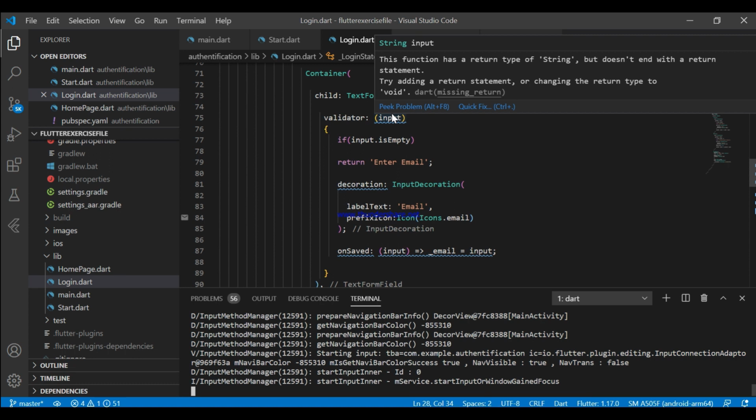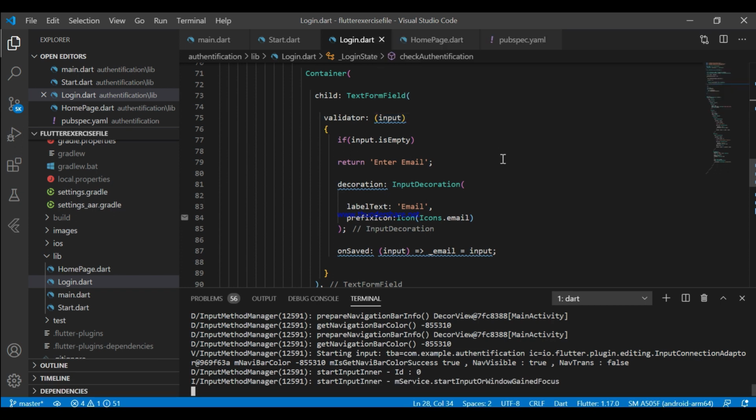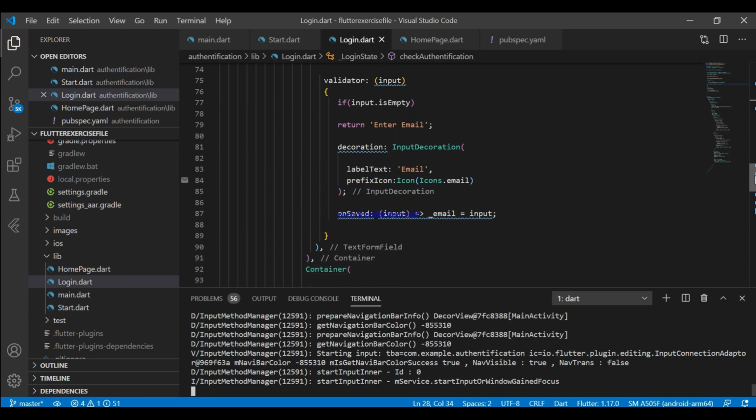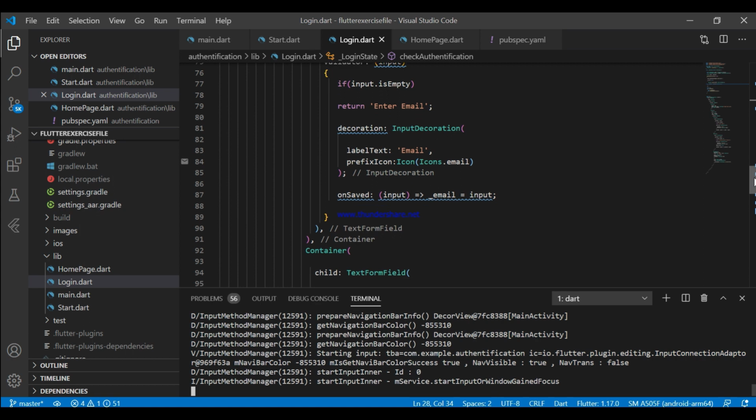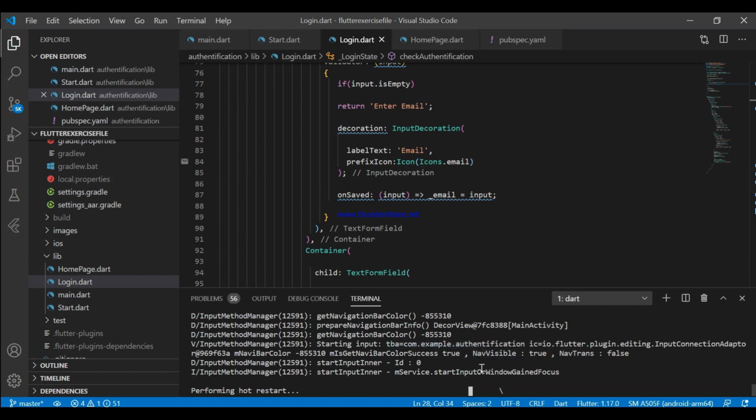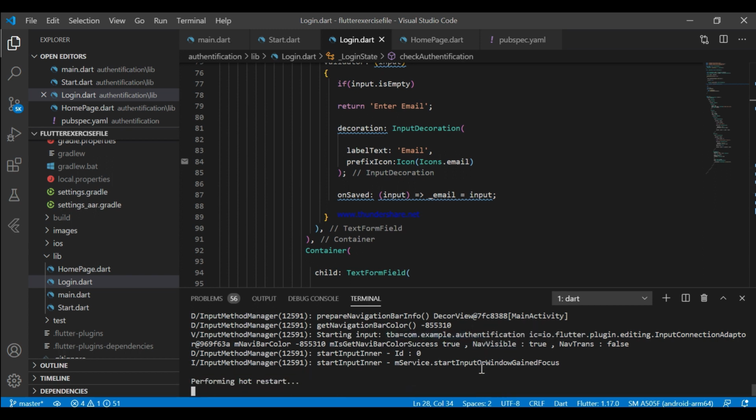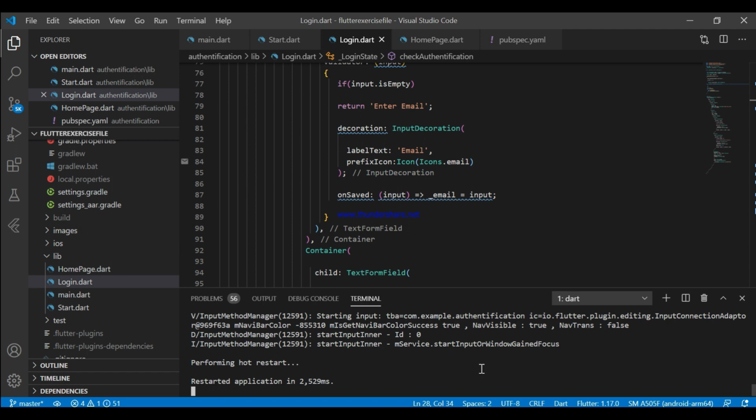The validator part is all good. Then where is the problem? Just wait for a minute. No, it's not going to work. Just wait.